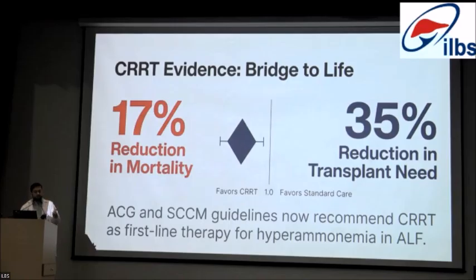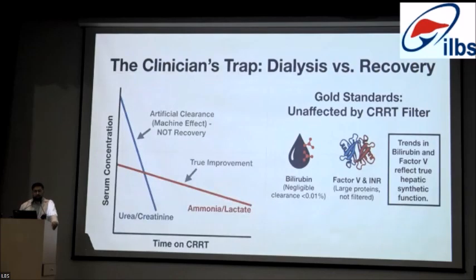After this, because of this literature, American College of Gastroenterology and critical care guidelines have now recommended CRRTs as first-line therapy for hyperammonemia in ALFs. But we need to avoid this clinician trap. This is the line of artificial clearance of urea and creatinine, and this should be the true improvement. So we need to take into account